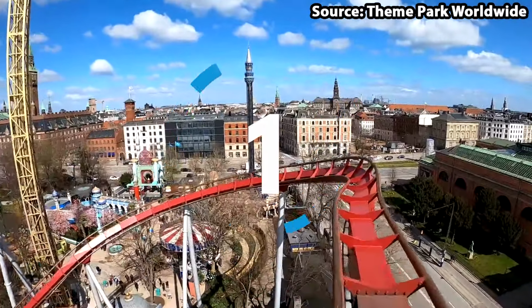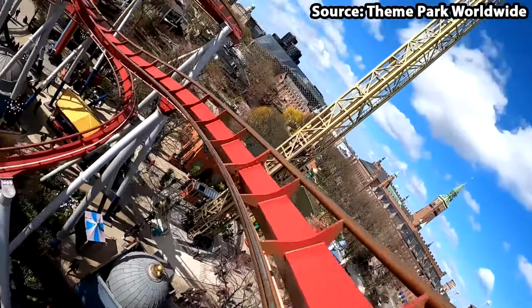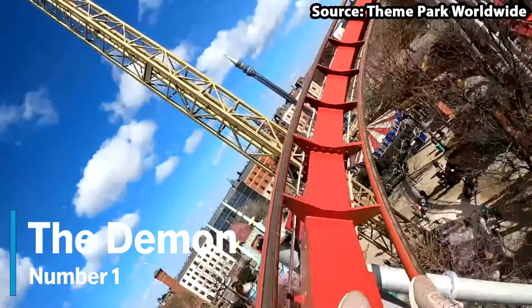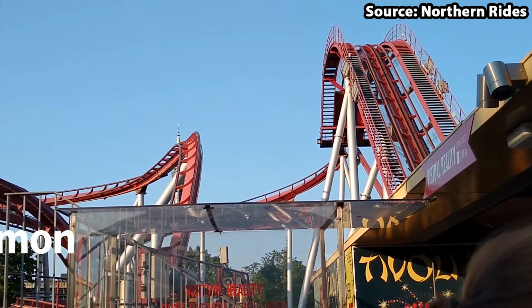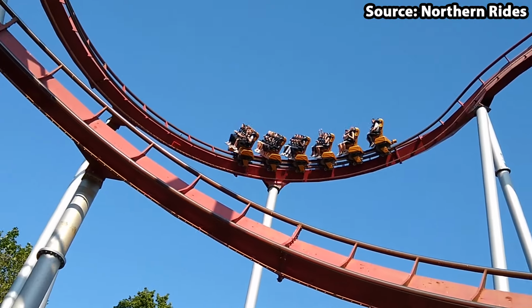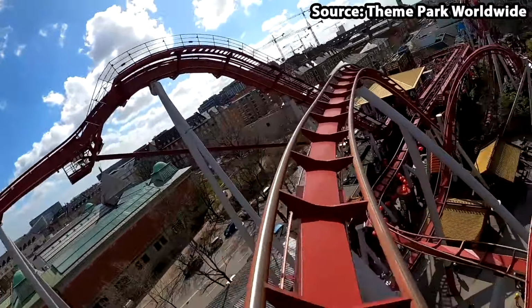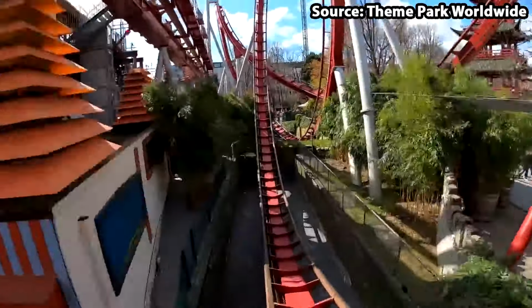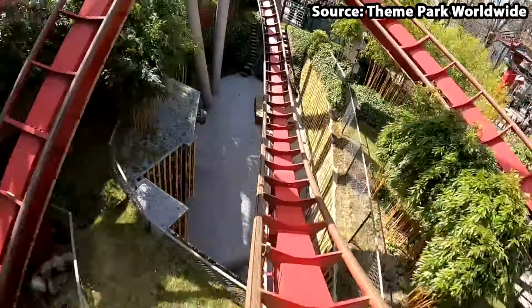We have made it to the number 1 spot, and in our opinion for the best ride at the park, we have the Demon. And where do I begin when talking about this attraction? As if I was going to talk about every great part, we would literally be here all day. But to start from the beginning, as soon as you have made it through the highly themed Chinese inspired land,